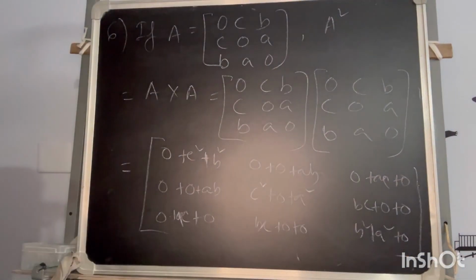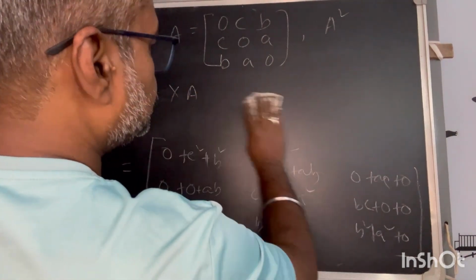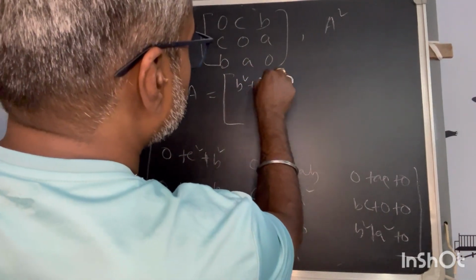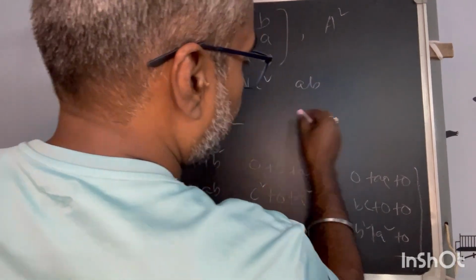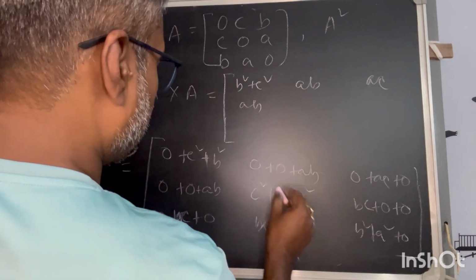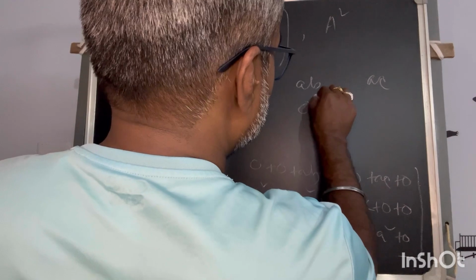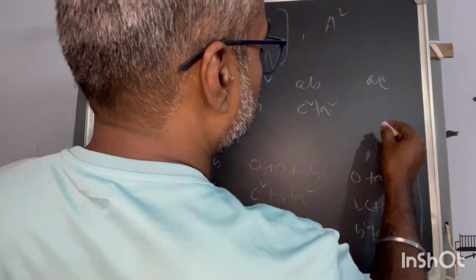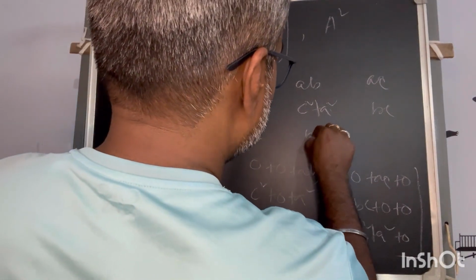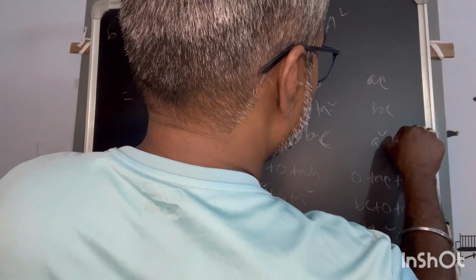So ultimately the matrix will become, if I write it here, B square plus C square, AB, AC; AB, A square plus C square, or you can write it in another form, C square plus A square to make it cyclic, BC; AC, BC, and A square plus B square. Now